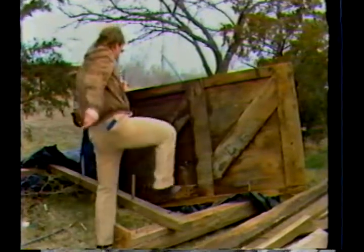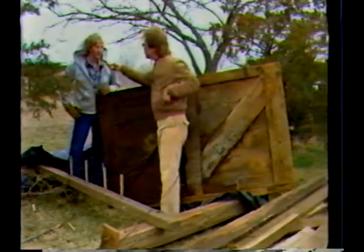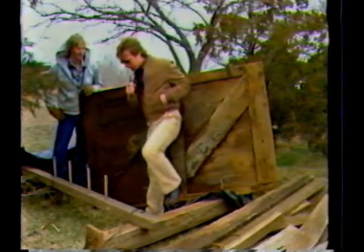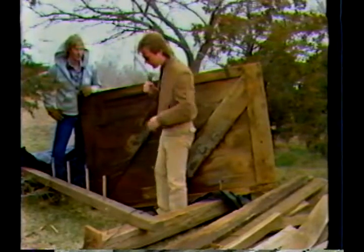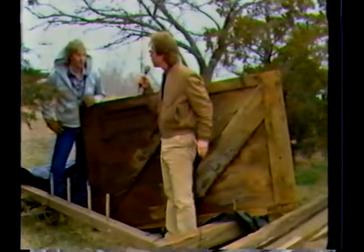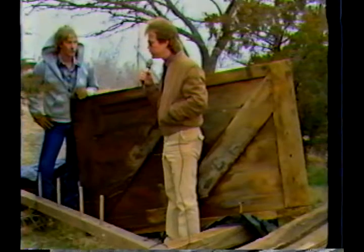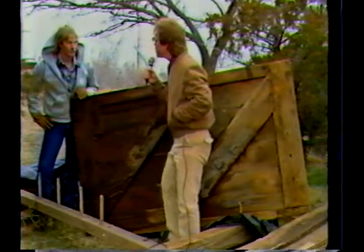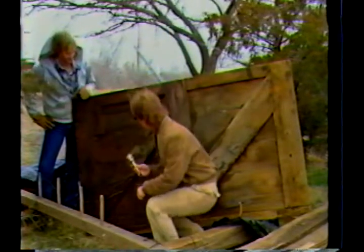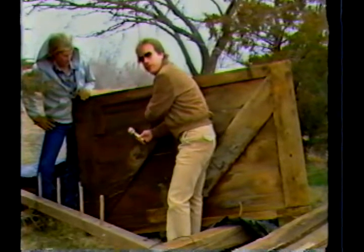Daryl, has Okla Construction ever done anything like this before? I mean, not this type of assembly. Well, as far as I understand it, there's very few buildings that have ever tried to be moved, even in the United States, not only Oklahoma. But I think when Okla Construction gets through with this one, it should be proud to have your name on it. Now here we got the barn door back over here. We can get a close-up of this. We can see